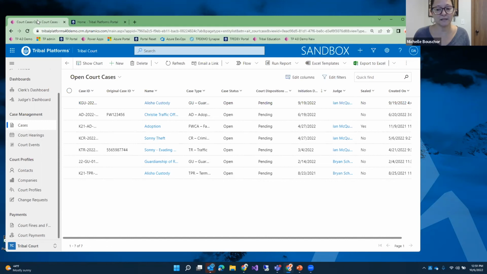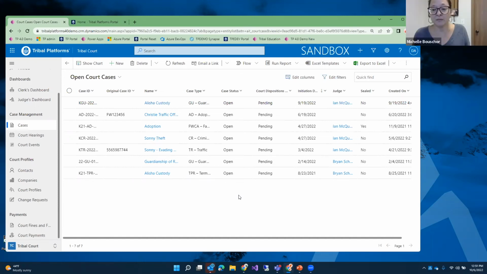Next question is asking, does the system have color codes to highlight records? That is a new capability coming out in the platform, where we can apply color coding to the different statuses, such as dispositions or case status. That is a new capability that Microsoft is delivering, so it's something we can pass on in the application. We just haven't done it yet. But that capability is coming.